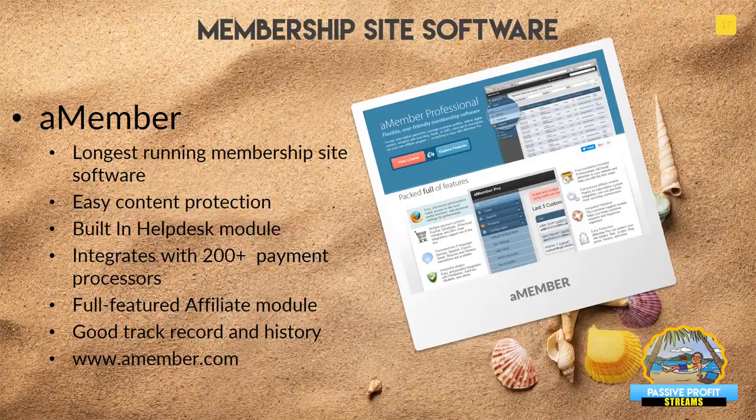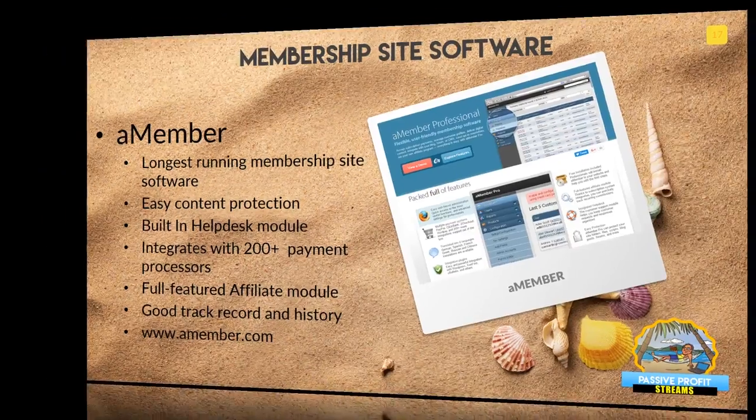So if you're out there and you're trying to offer this type of product to affiliates to recommend to their customers, getting affiliate payments out to them and also being able to look at affiliate history and everything about your affiliates and how they're performing is available via the affiliate module. So it's got a really good track record, really good history, and you can find out more about it at www.amember.com. That's www.amember.com. You can always just Google it, and again, you'll see plenty of information on that software package.